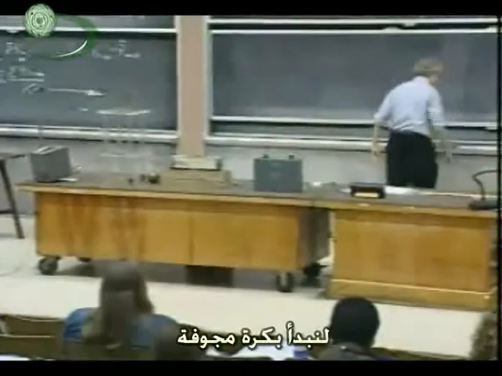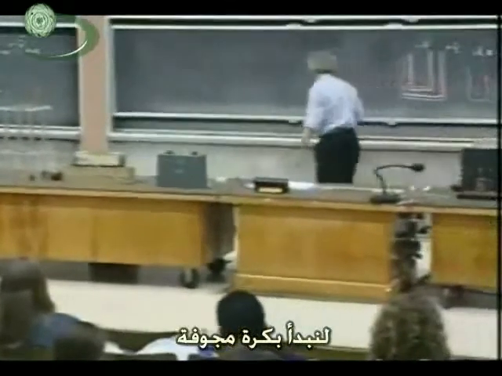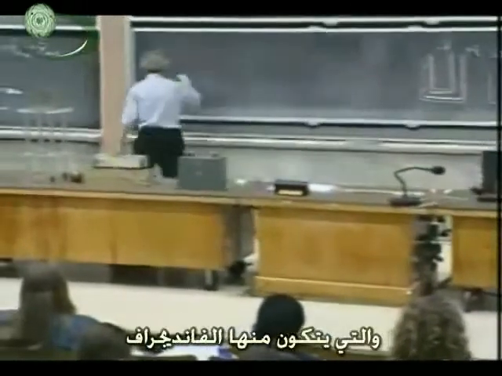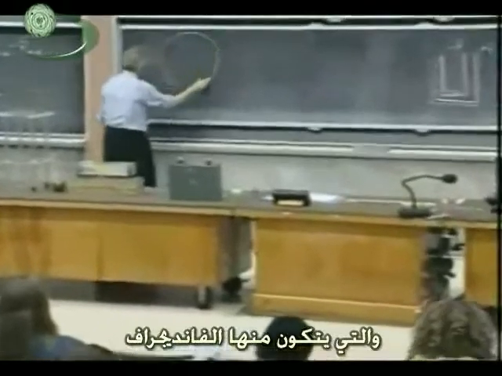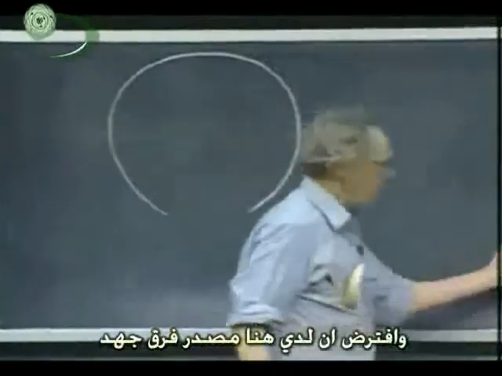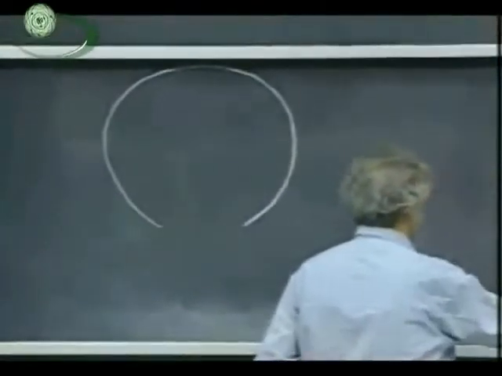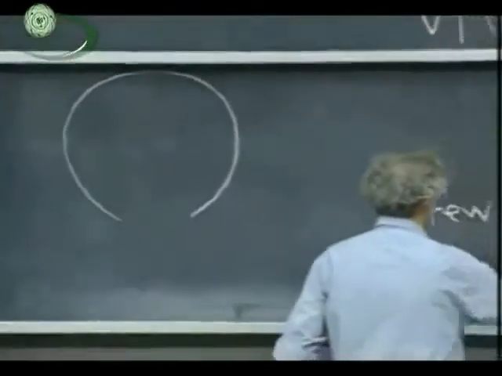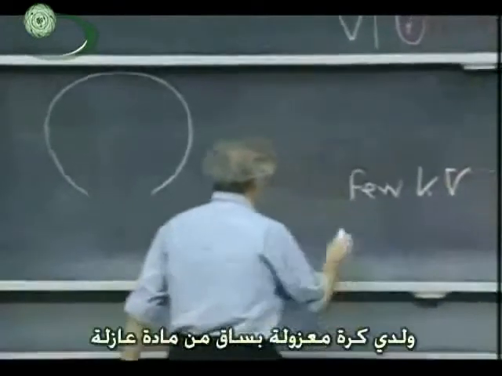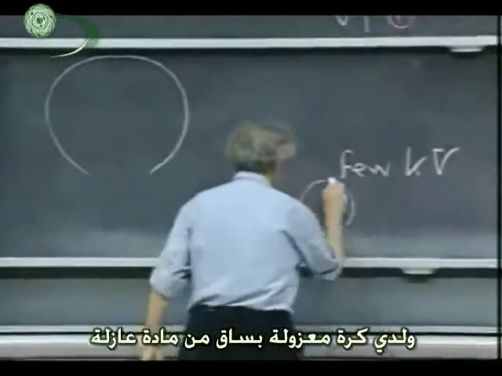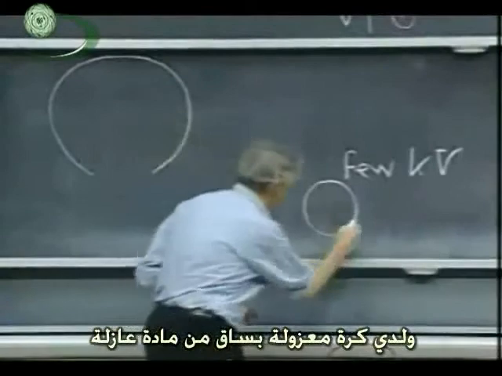Well, let's start off with this hollow sphere, which is what the Van de Graaff is. And suppose I have here a voltage supply with a few kilovolts. I can buy that. And I have a sphere, and I touch with this sphere, which is an insulating rod,